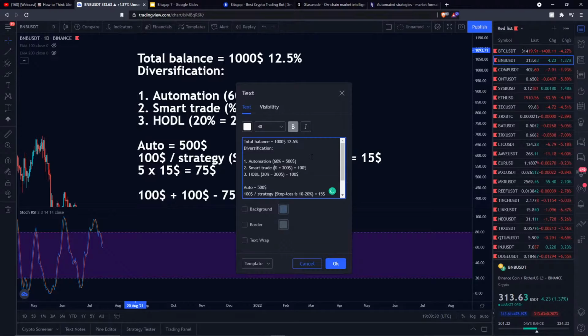You notice that in smart trade you don't have enough time for smart trading, or you have fewer returns there, then minimize your allocation to 20%. So you see the HODL is a good one for you. You can increase it. So until the moment where you find your golden strategy that brings you the most